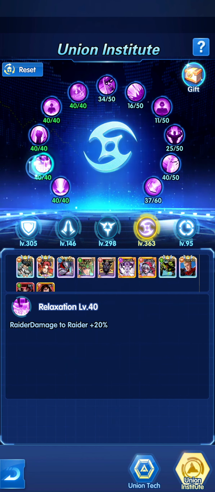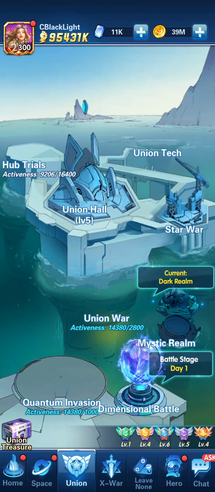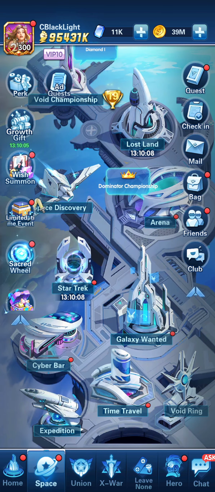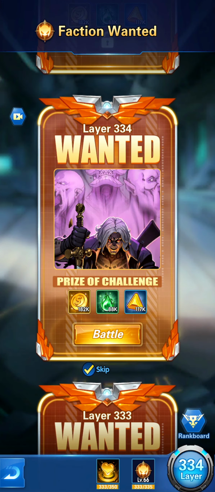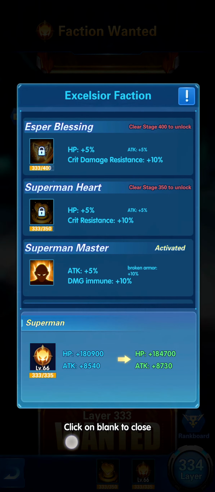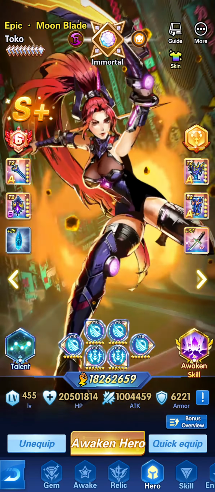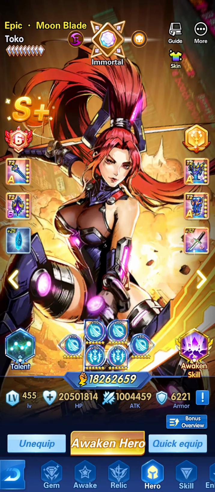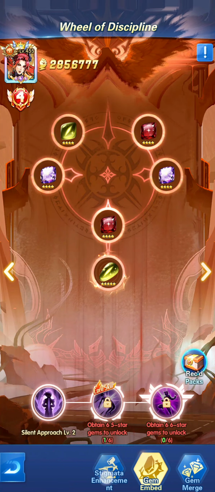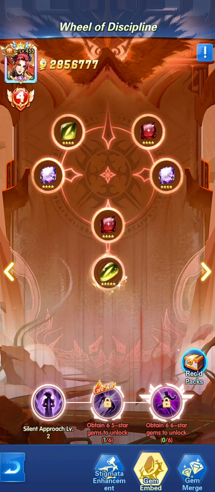Overall, your direction should be to finish up the Union Institute as well, including the Union Tech and the faction you wanted to advance in as time progresses, depending on the faction you're focusing on and want an increase in attributes in. Keep leveling up, and of course, never give up collecting the relics, building up the gems, upgrading its level. And a cool trick would be to actually remove all the relics and all the gems from one hero